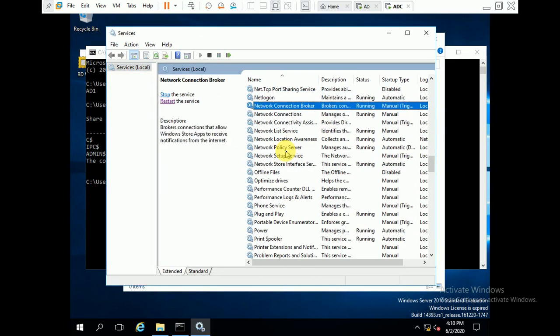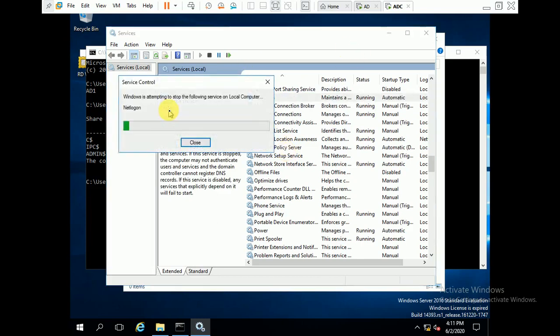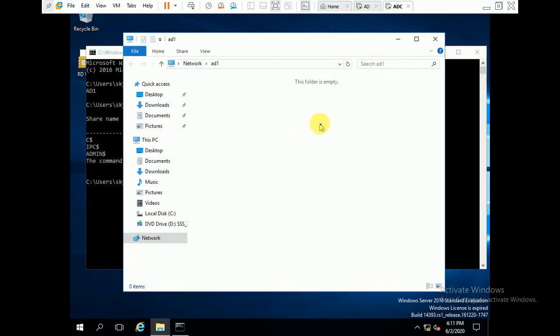So we'll restart the netlogon service on the server, and then check whether the netlogon and sysvol folders are shared or not. As you see here, just refresh, as we have already tried to access. Yes, now you can see the netlogon and sysvol folders are available.